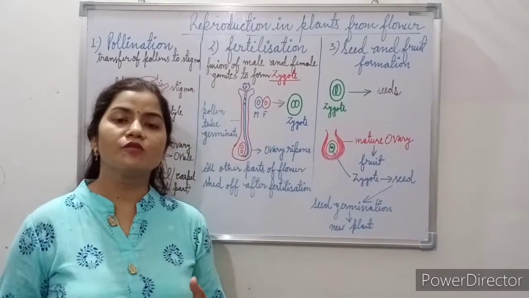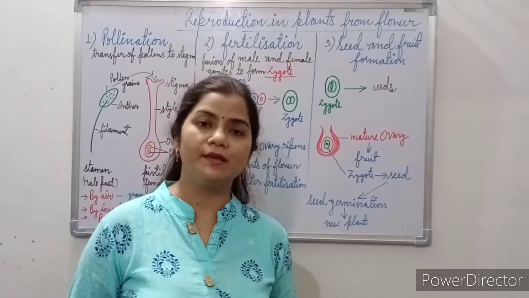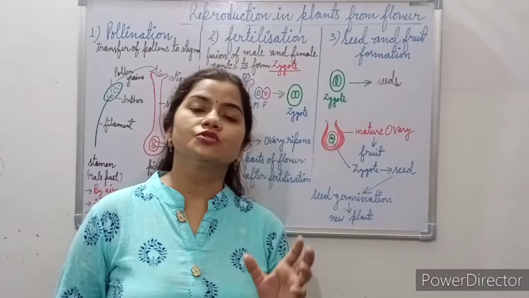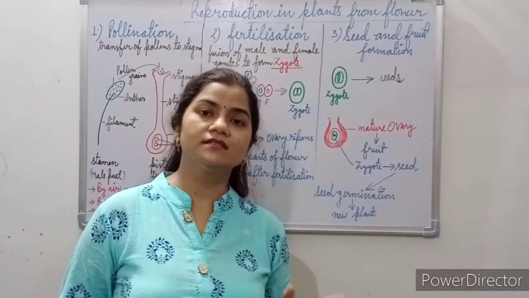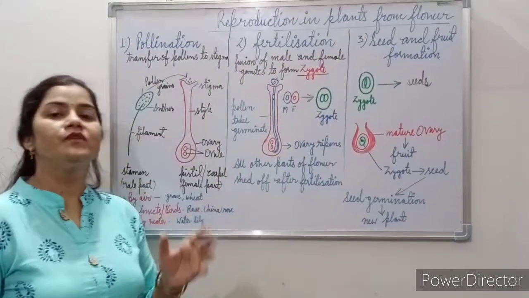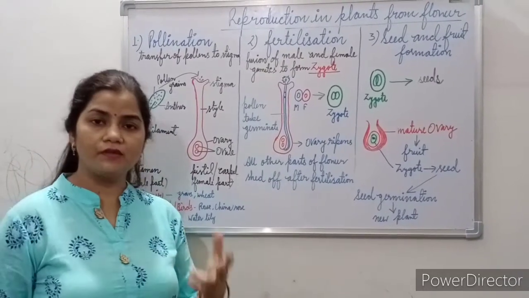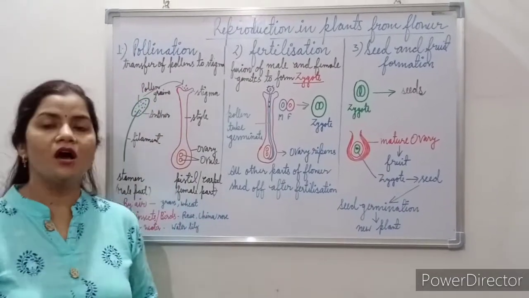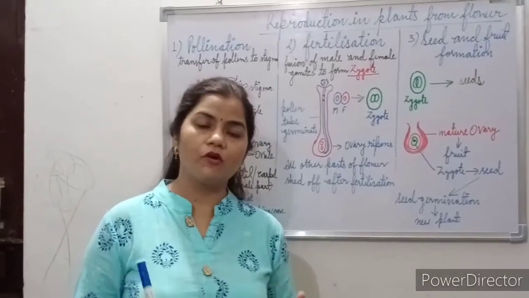And then the innermost row of the flower we call the pistil or carpel. The pistil or carpel is the female reproductive part of a flower, which consists of stigma, style and ovary. So we can say that in a flower the female part consists of 3 main parts: stigma, style and ovary. Now, a few processes are always performed when a new plant grows from a flower.